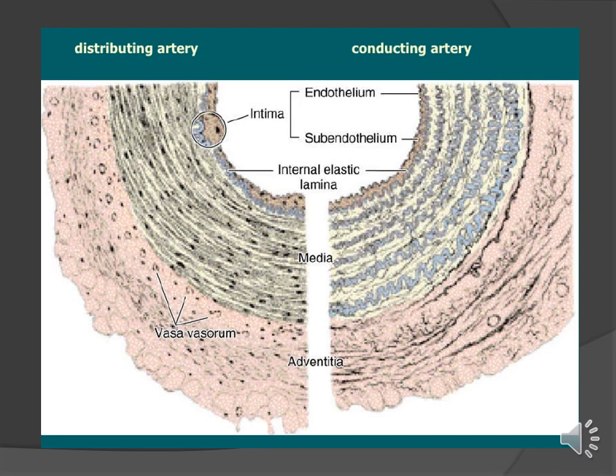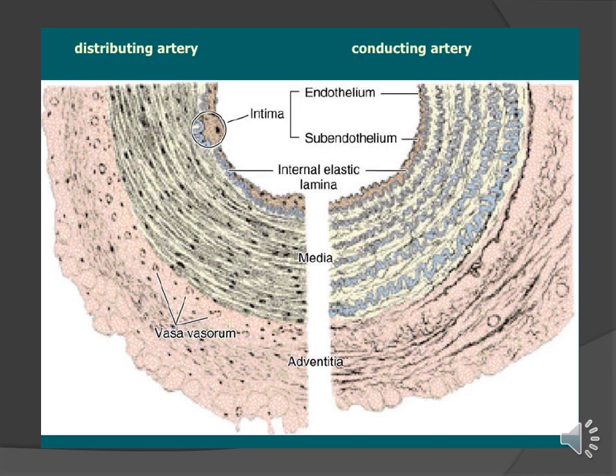This is a schematic diagram that demonstrates the histological structure of the elastic and muscular artery. The tunica intima of both vessels contains endothelium and a subendothelial layer that is thinner in the muscular artery. The tunica media is the thickest layer in the wall of elastic and muscular arteries, but the main component of